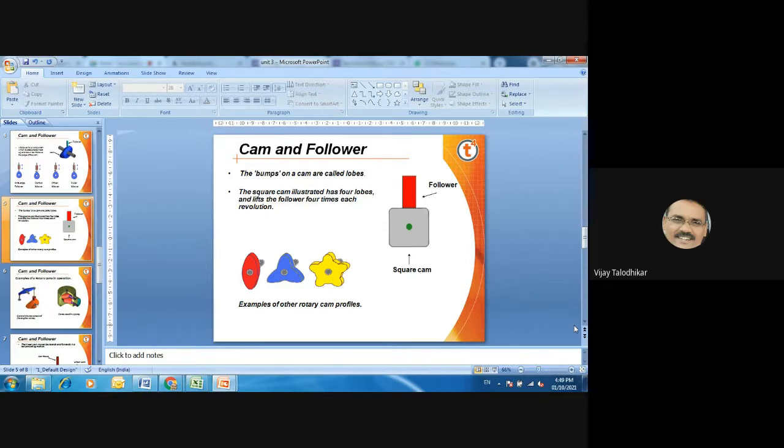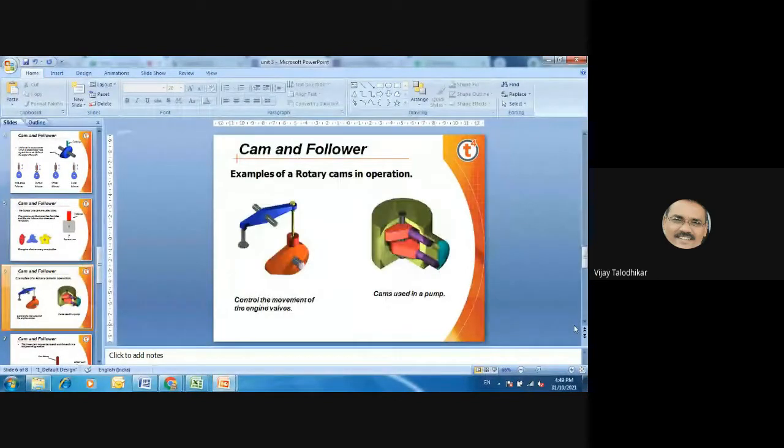As the jump phenomenon occurs, different types of forces will exist, and those forces will produce a certain amount of velocity, acceleration and jerk, and that will hamper the entire cam follower mechanism. That's why such lobe systems are rarely used. If needed it is used, but depending upon the requirement. Okay.